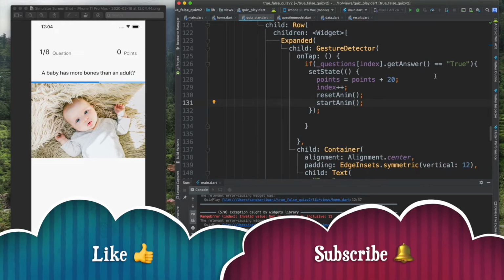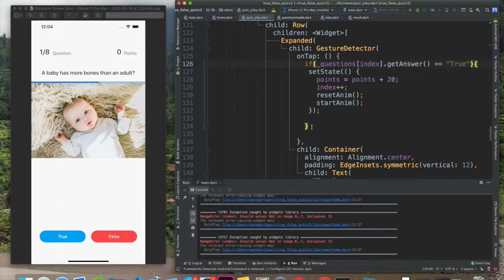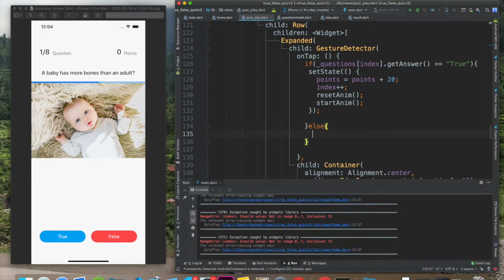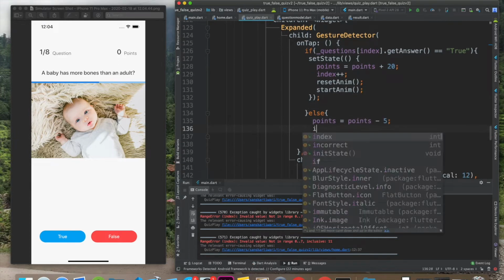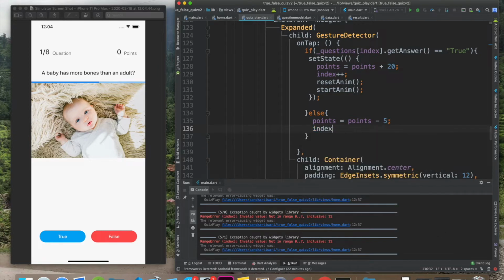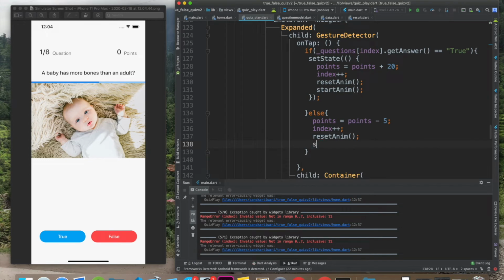And what if that is false? Well, if the answer is false, we would like to deduct points. So I'll say points is equal to points minus 5. That's what I'm doing. And of course we're going to do index plus plus, and we will say the same thing, reset animation, start animation, save, and